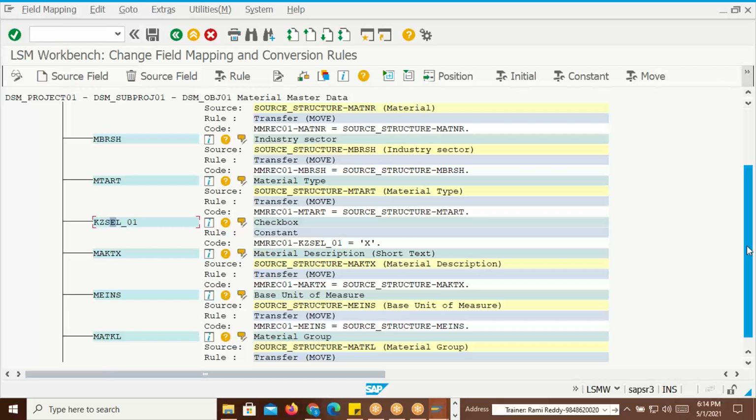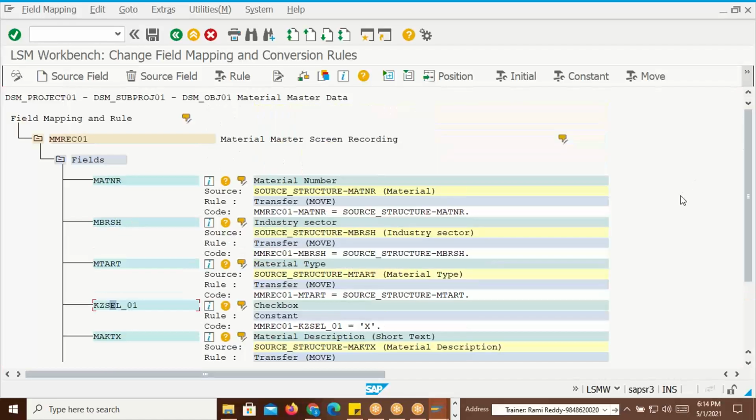Like that, if you want to create or maintain the data in different tabs, you have to select different things as x. Now this is the mapping which we have done. Now what we do, let me save this first. Then after that,